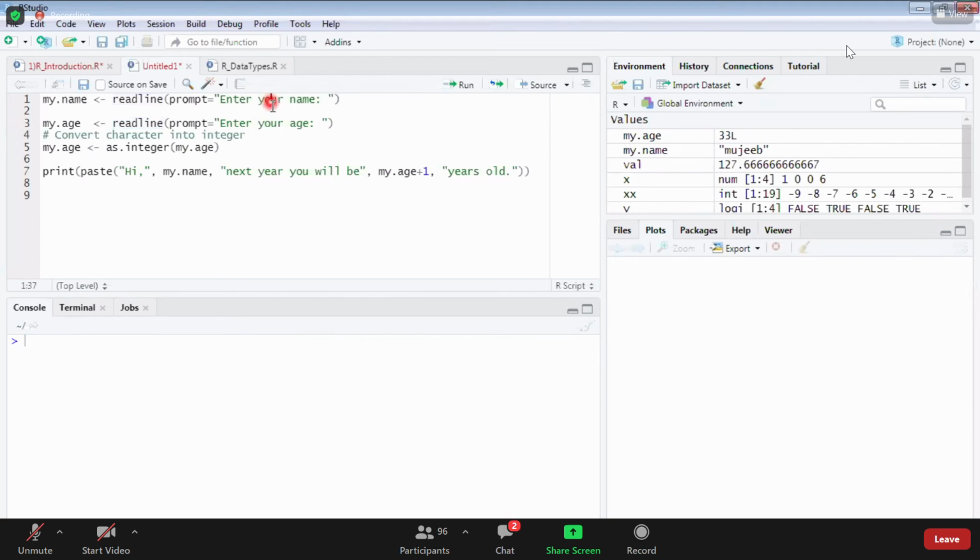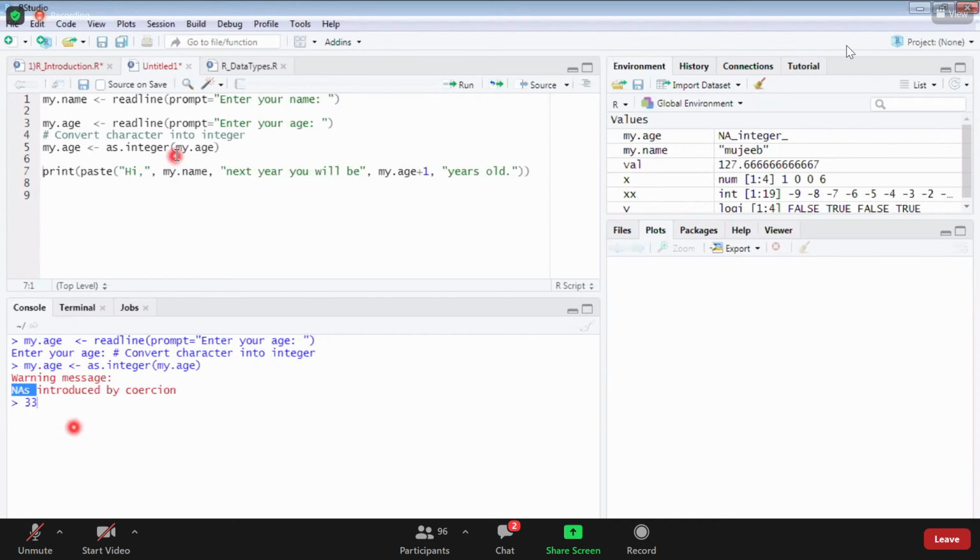I have given my name, I have given my age, but after giving my age, I did not press enter. So my value has not been assigned to age, but I tried to convert it. That's why I got NA. Understood? Now age is there, no? I have to enter the age. After entering the age, I did not press enter, so I did not get this symbol, but I am trying to convert. That's why I got NA.